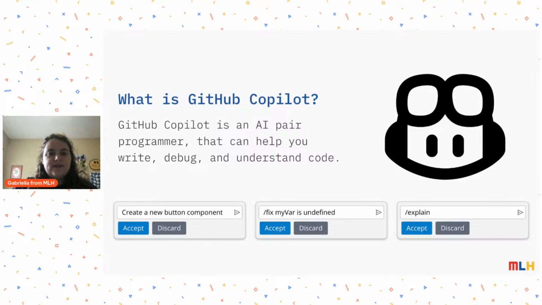So here we're highlighting /fix and /explain. The /fix will show you a potential solution to the problem or the bug you're facing in your code. So here we see /fix, my var is undefined, and it'll show you a solution to the undefined error you're getting. And the /explain is a really awesome command as well,